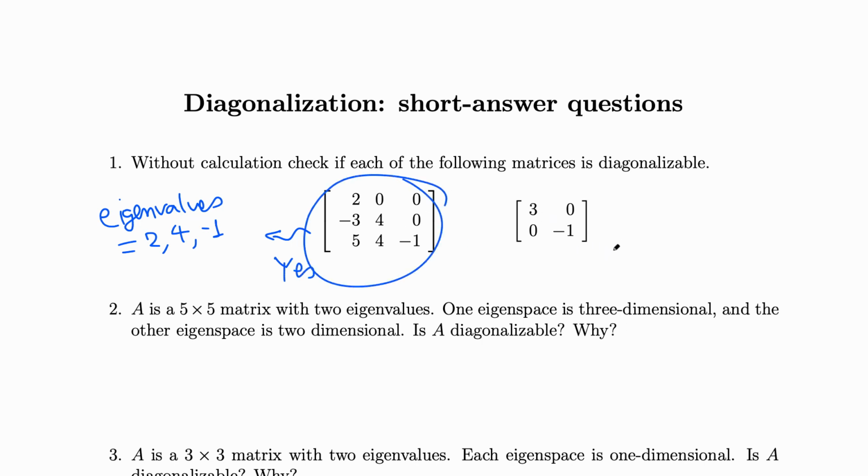Second question is a 2 by 2. Oh, this is already a diagonal matrix. Trivial question. So yes,